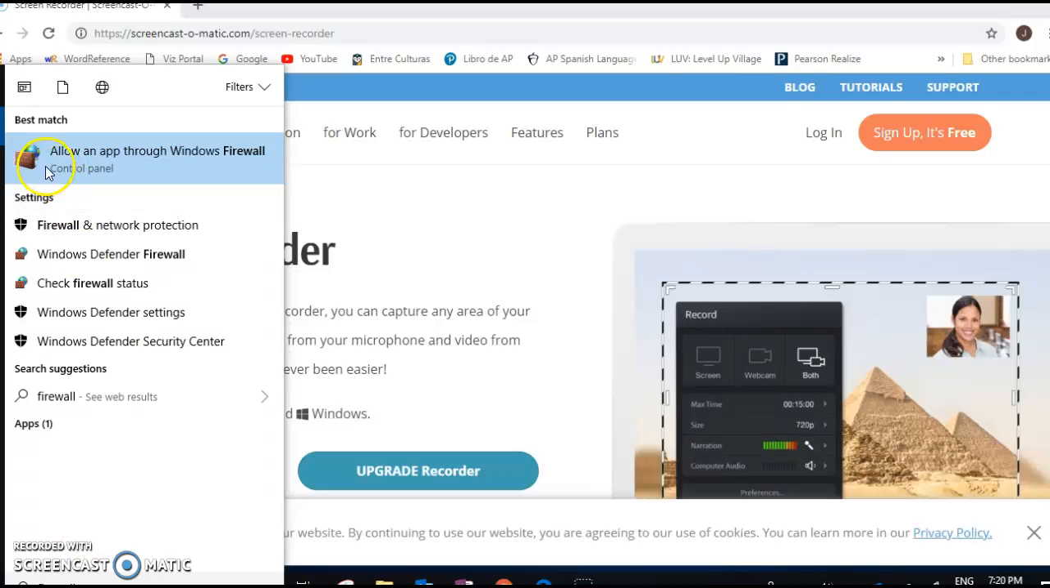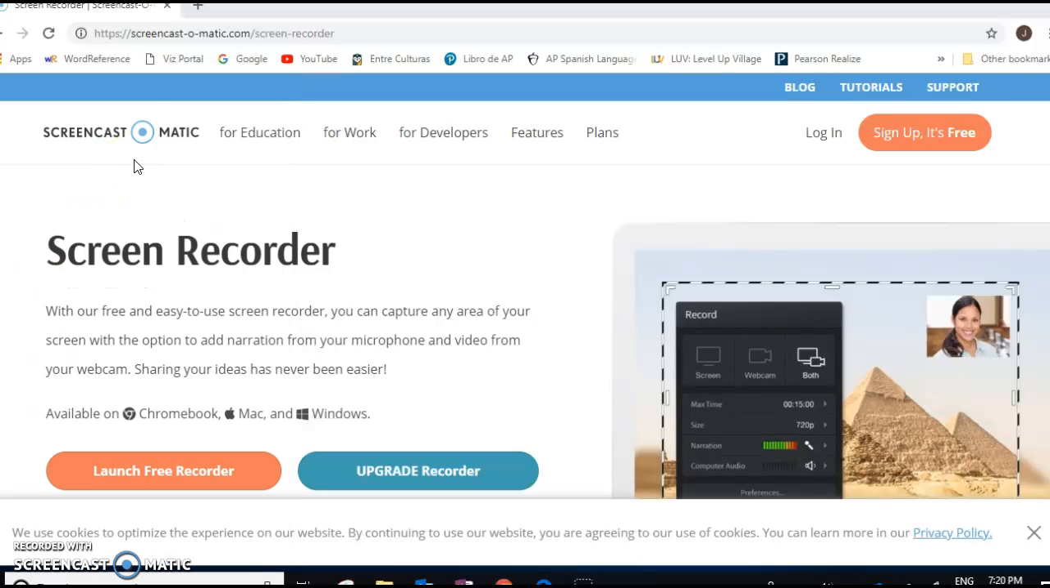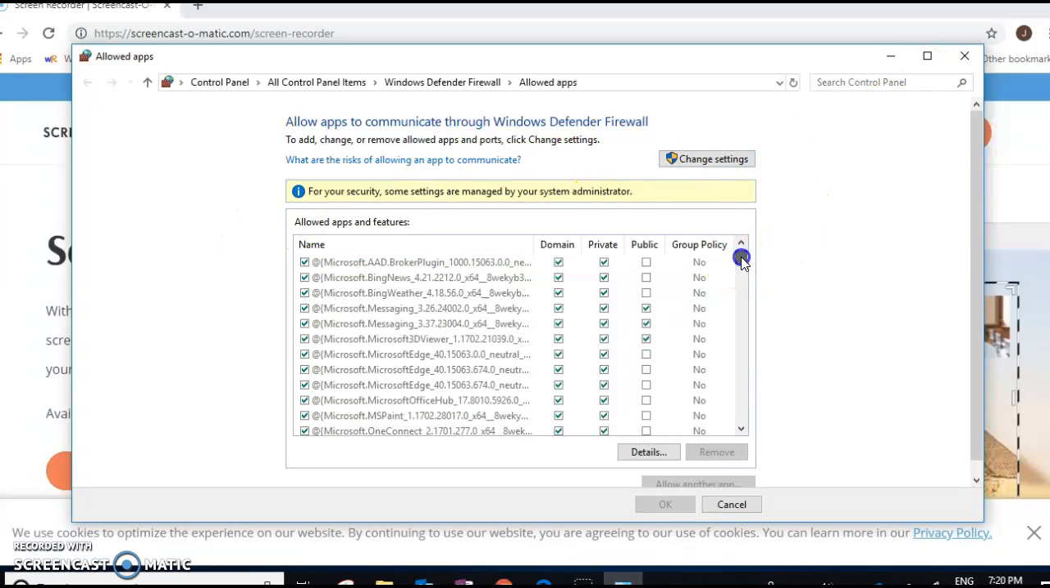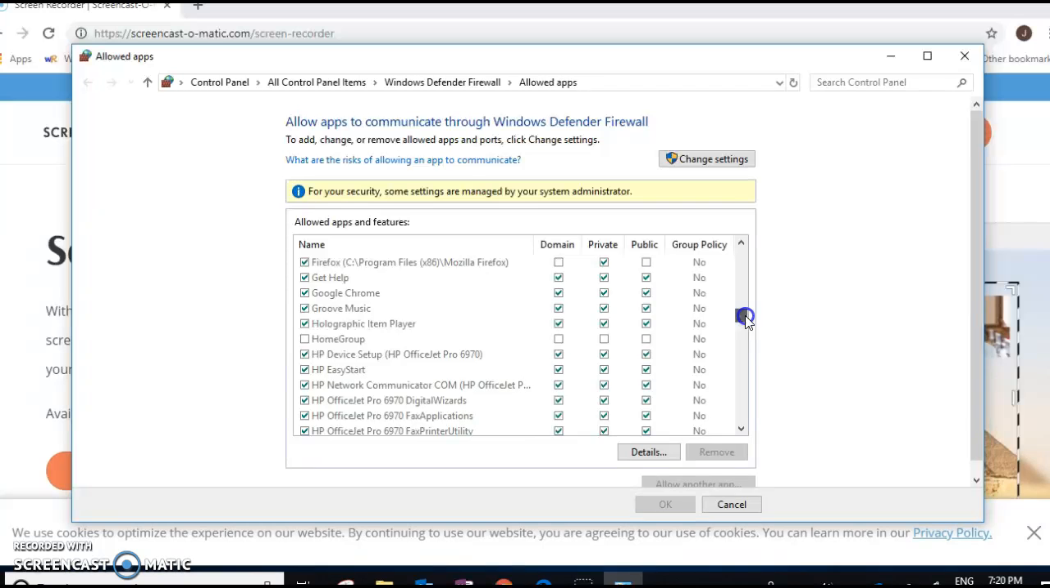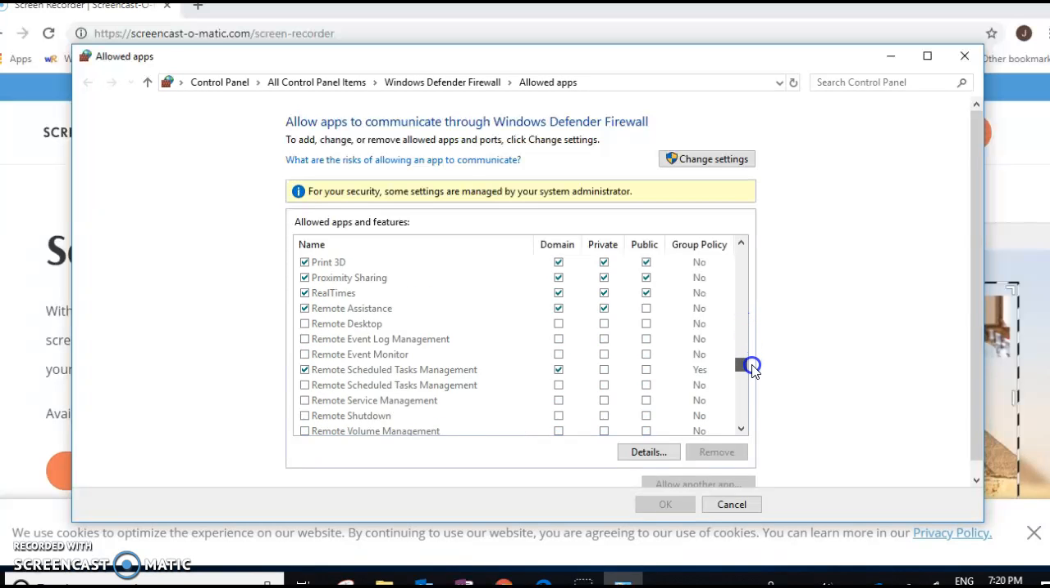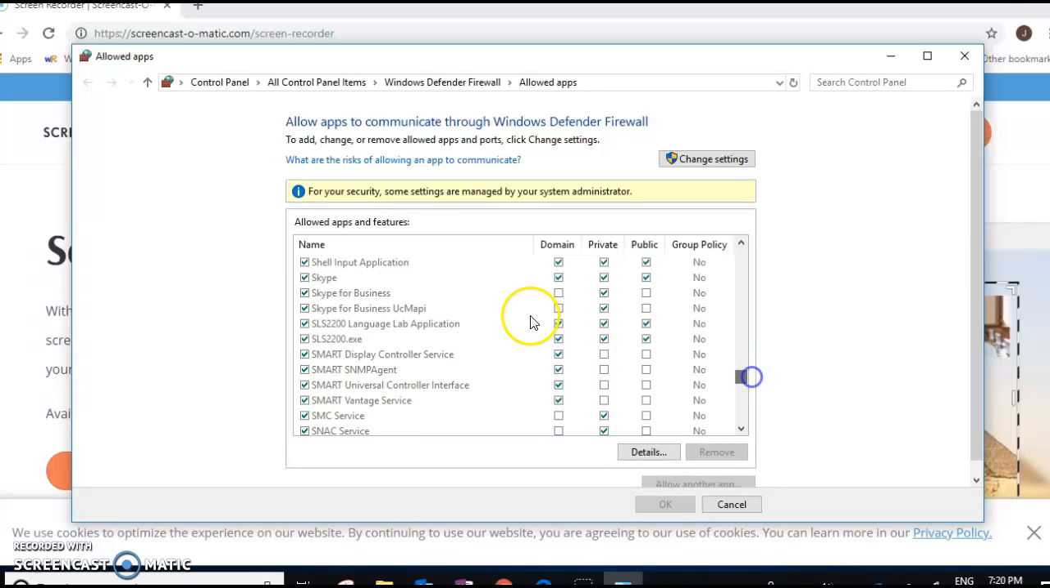And then notice mine says allow an app through Windows Firewall. Yours will probably be lower, but anyway, if this comes up, click it. And then this should come up. And then you need to scroll down all the way until it says, there it is,